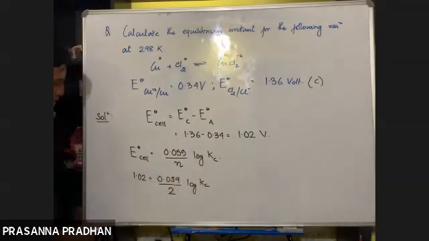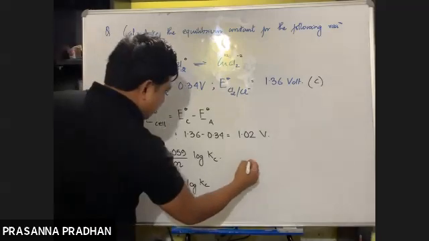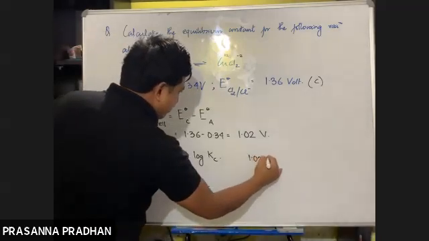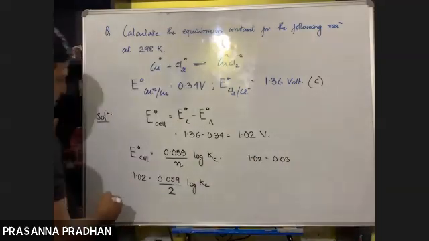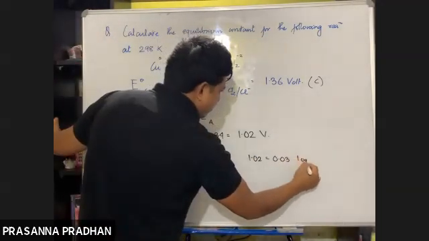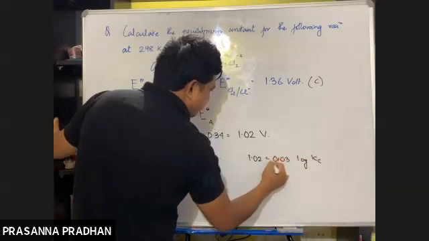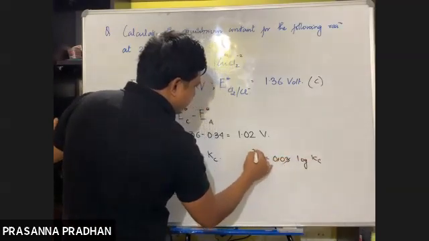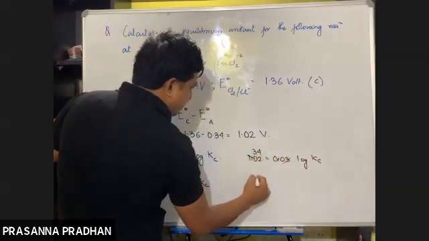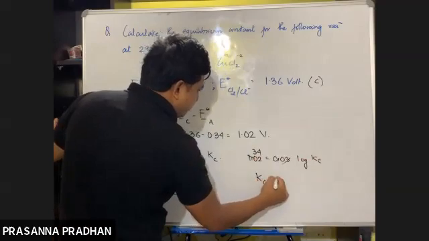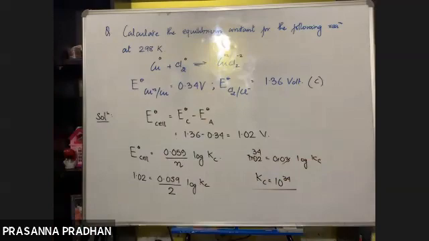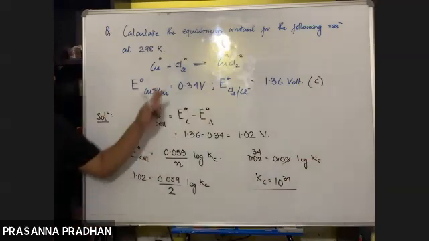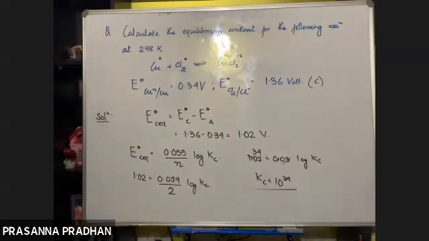Now, yes, so this I can do as 0.03. So 1.02 is equal to 0.03 log Kc. Okay, so the decimal cancels. So 3 3s are 9, 3 4s are 12. So yes, Kc will be approximately equal to 10 to the power 34. Kc will be equal to 10 to the power 34. So it can be solved in this way. Okay, so the direct problems are going to come like this.